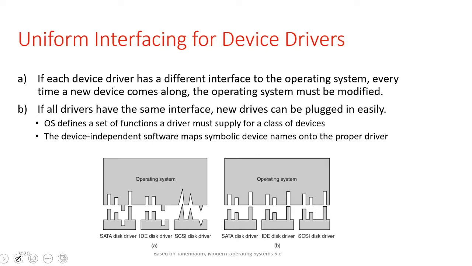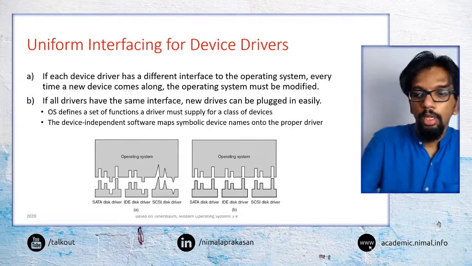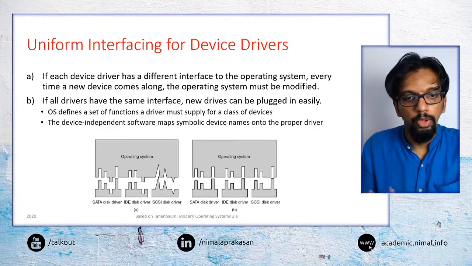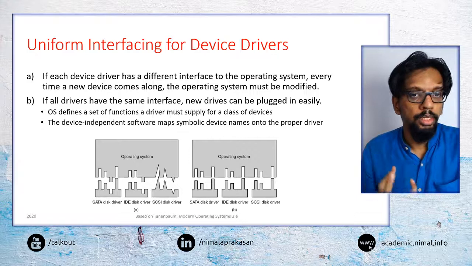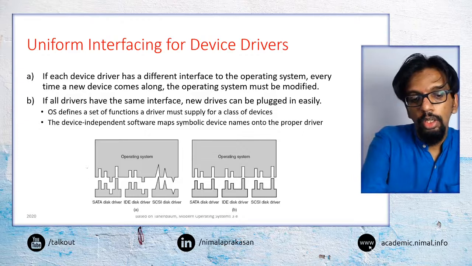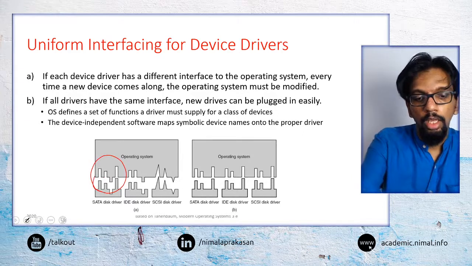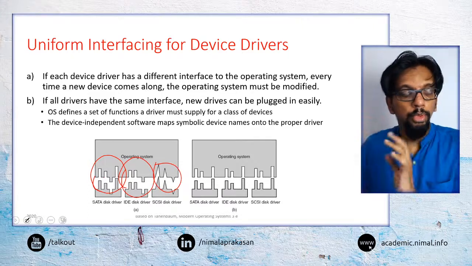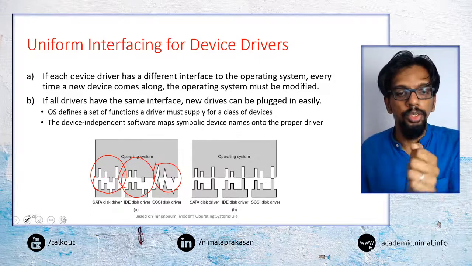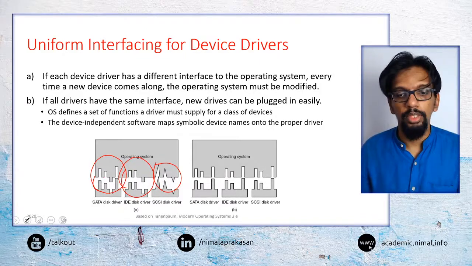So what we expect as this uniform interfacing is, say if we have a number of possible storage devices, or standards or connectivity possibilities to connect to storage devices. So what we could expect to have is either a few different interfaces. So when we say different system calls or different instructions to be issued and different ways of receiving those signals,